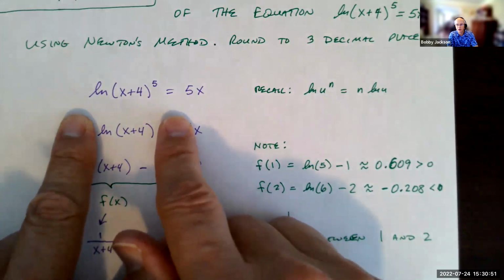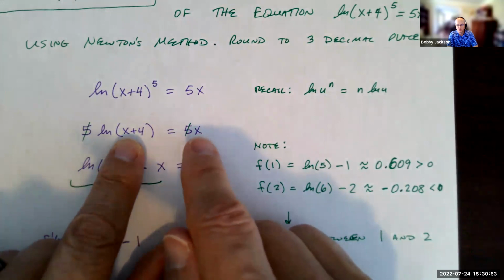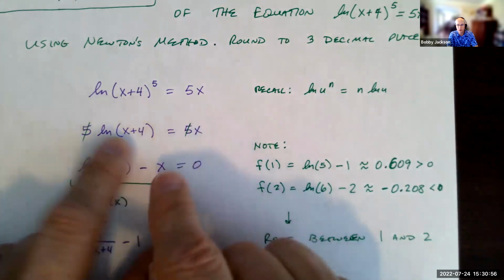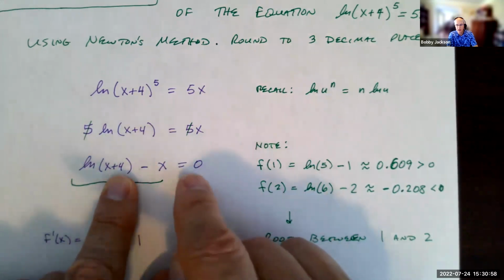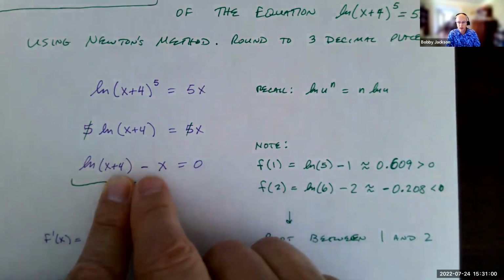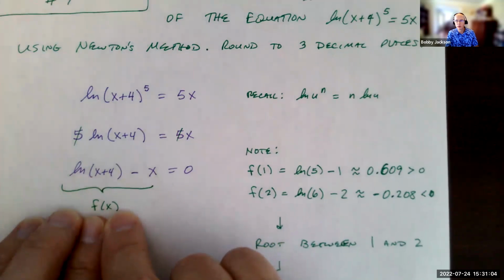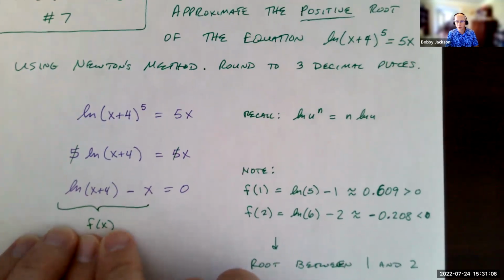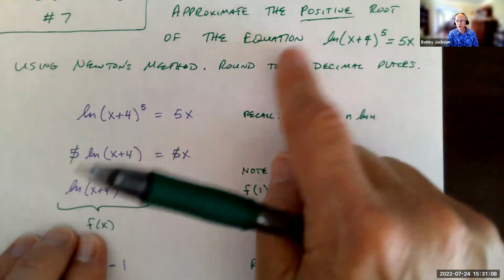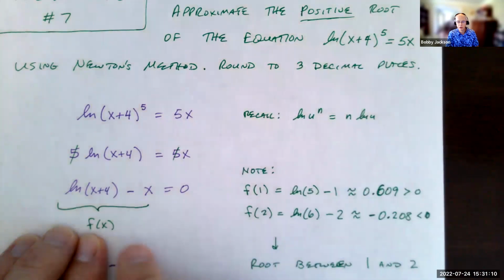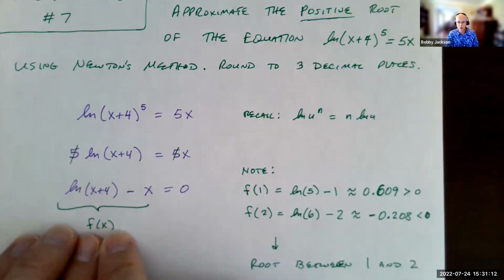And now what I want to do is, with the natural log of x plus 4 equal to x, I just subtract x from both sides and I get this set equal to 0. That's the goal when you're going to use Newton's method, because what we want to now do is label this as our function. And so we're finding the root, right, which will be the positive solution to this equation. So I want to find the root of this function. Where does this function touch the x-axis or cross over the x-axis? Okay. Now,